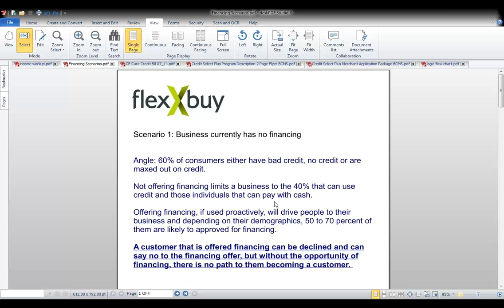Most of the other businesses that are selling products like this are charging a lot of money. They're not looking to build a volume business. They're looking to get their handful and just charge them a lot of money. We're not looking at it this way. We want to get as many people into our stable as possible. Good things can happen when you have clients, so you can sell them other things. Residual income happens. There's a lot of good reasons to build up